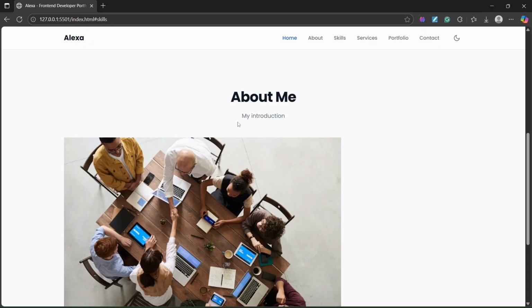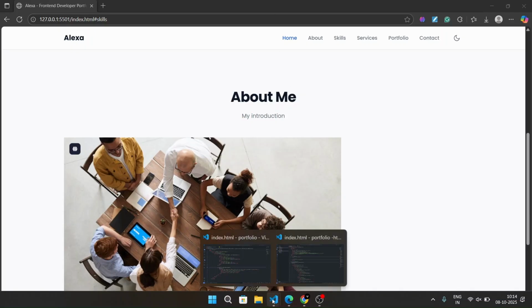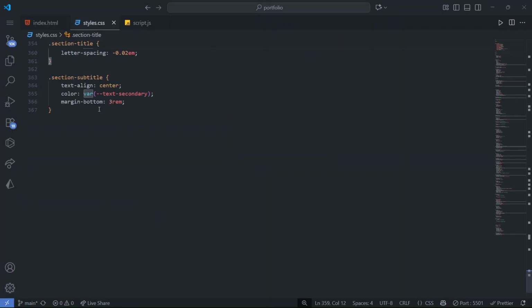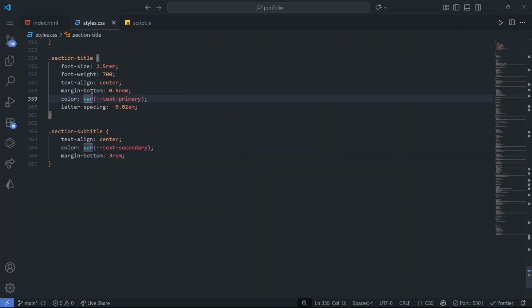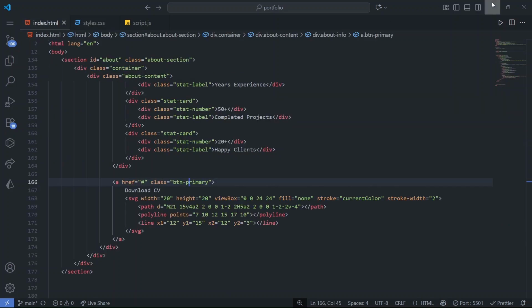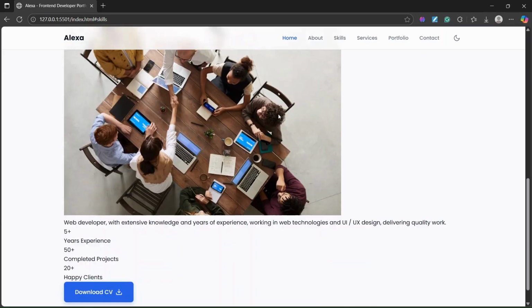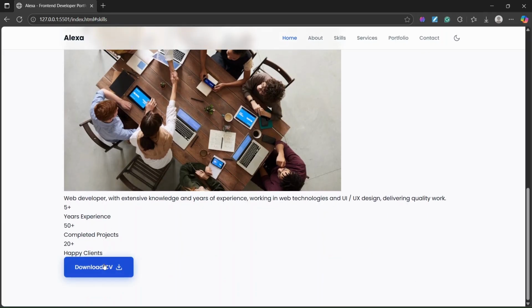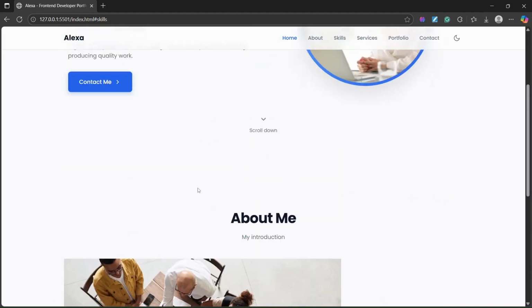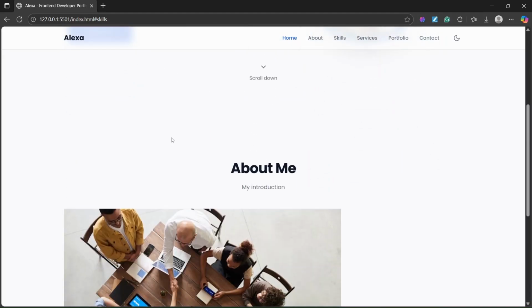See, the about section, the about me title and the subtitle have already had the style applied, because we have already defined the section title and subtitle for each section. So when you write it like this, we can apply the same style for each section whenever we want. And now the download CV button is already styled similarly, because we have used the